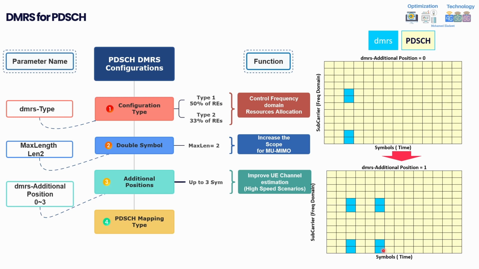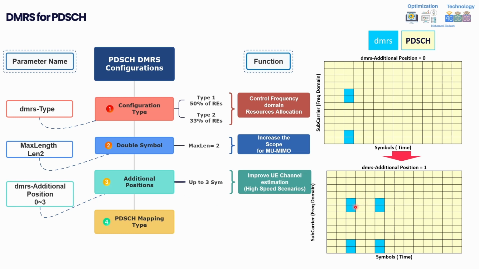And this also reduces the requirement for something called extrapolation at the end. As I mentioned to you, if you are moving at high speed, you will have a different radio condition here, so this will give inaccurate feedback. That's why this is important for high speed scenarios. And usually whenever we do testing for additional positions, for example, we select the clusters which have a highway or high speed scenarios and start measuring this part, and it will give a very good improvement in terms of mobility or high speed scenarios.